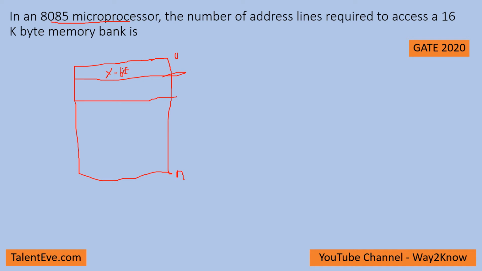So now if you see what is given, it is 16 kilobyte of memory bank. That means n is equal to 16 kb. This is what is given. So now 16 kb is nothing but this is 2 power 4, right? And then this is 2 power 10 bytes of memory. Byte is nothing but 8 bit of data which is stored here, which is 2 power 10 plus 4, 2 power 14 bytes of data.